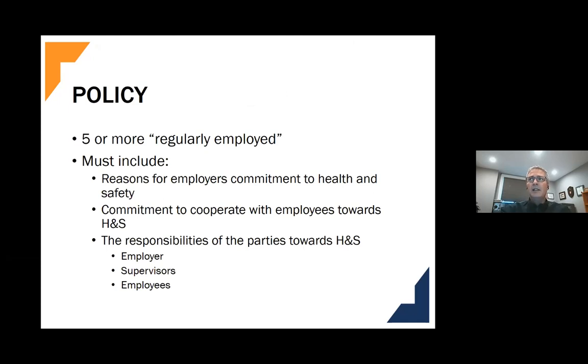So for a policy, again, 5 or more regularly employed, meaning a recurring period of 4 weeks or greater. Even if you only have summer students or seasonals for 5 or 6 weeks of the year, they go towards that count of total employees. The policy is generally a 1-pager, sometimes a 2-pager,